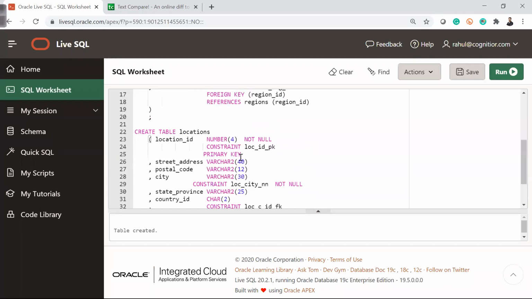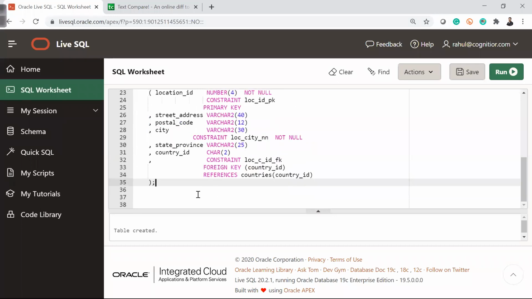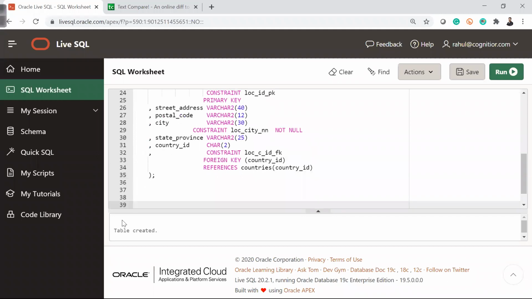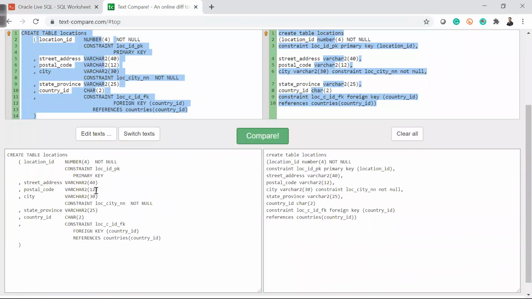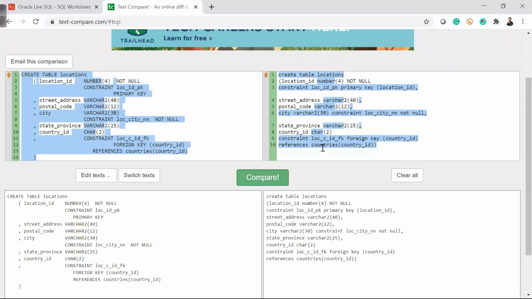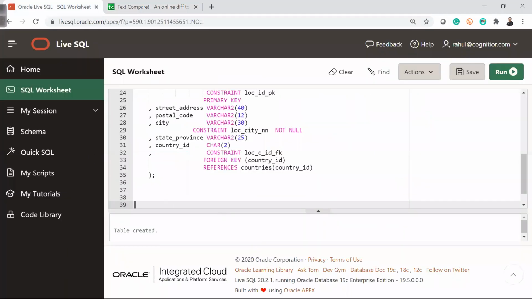So here you can see the locations table, and it is working fine. This small comma and things like that will definitely cause problems, so we have to check that. I'm not sure what this tool is all about; it's not helping me do that. There are good comparator tools available which help with good comparison. I'll find something for you guys for practice. Now once this table is done, this looks pretty much fine.